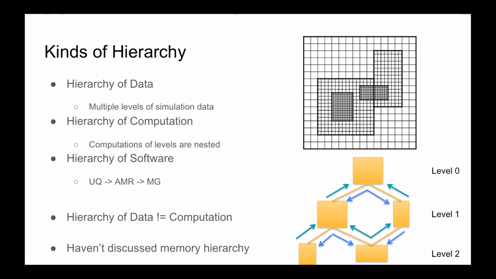And I think one of the important takeaways that I got from learning a lot about AMR is that there's a mismatch between the hierarchy of data and the hierarchy of computation. What I mean by that is that it's not always true that the sub-computations of the topmost computation use a subset of the data of their parent computation. That's not actually true here because, for example, if you're looking at a smoother, the smoother is just working on one particular level. And even though that smoother may then recursively launch subtasks that handle the sub-chunks of a level above or below it,